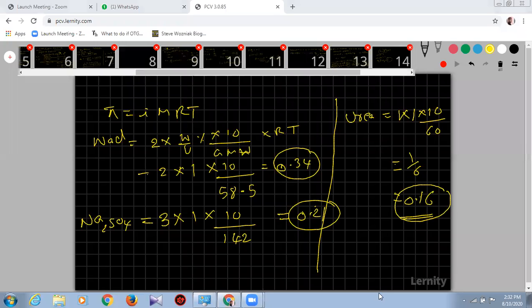So don't go blindly. If you consider the i factor also, then sometimes it leads to mistakes in the problems. Don't go blindly. First, you should be very clear with the formula, and then what is happening over there, whether association or dissociation, no association, no dissociation, kind of things. You're supposed to consider here. So now I'll take one problem, and then you can take the break. See you.